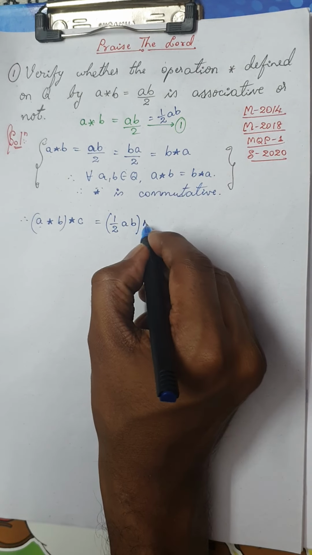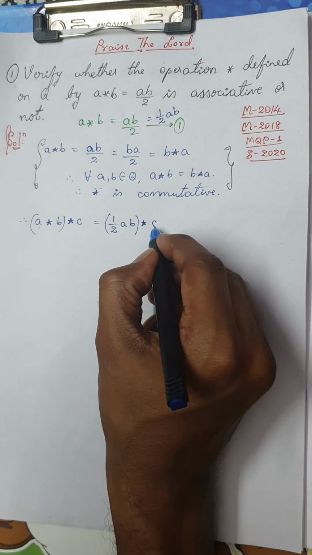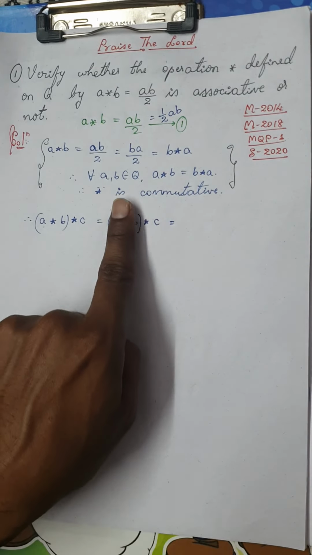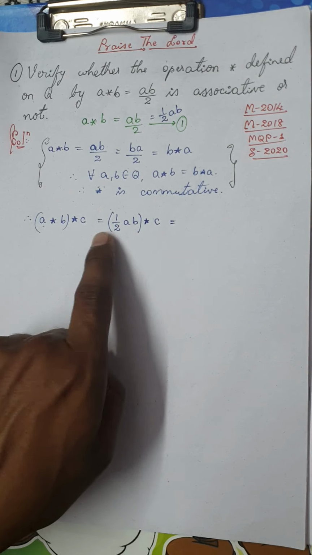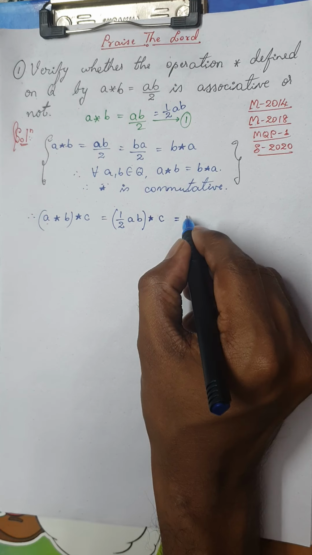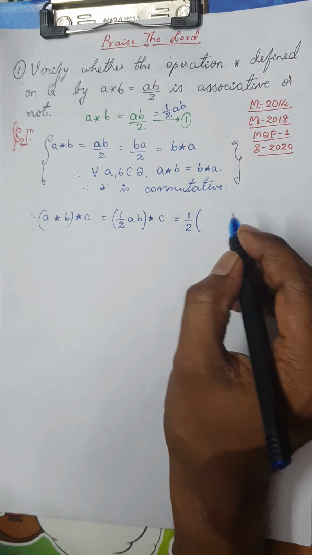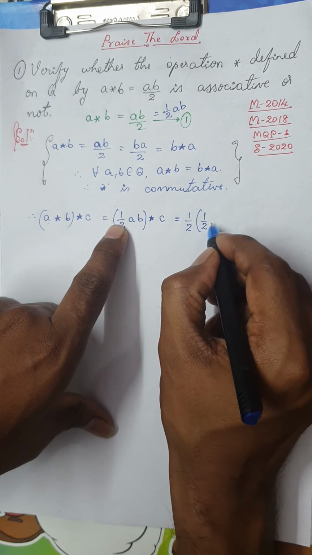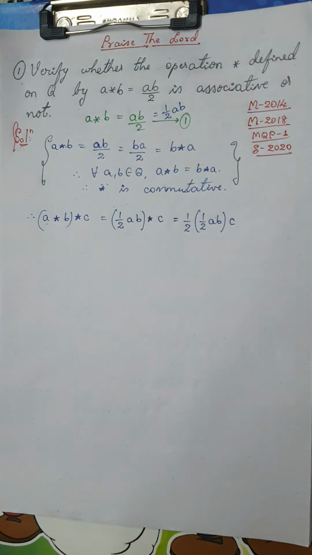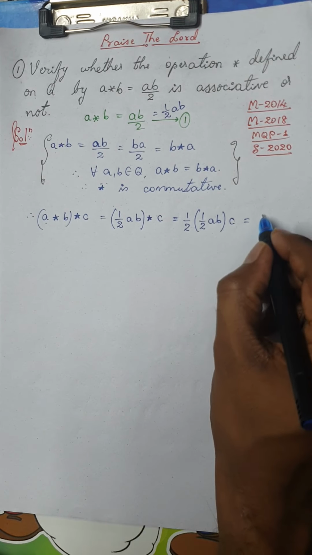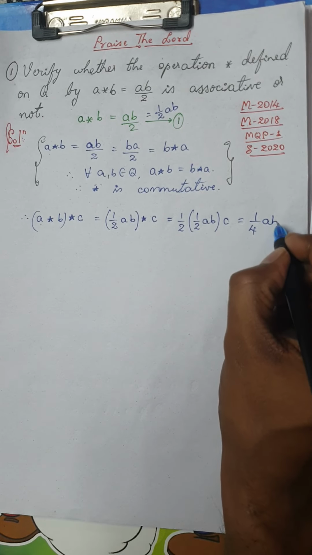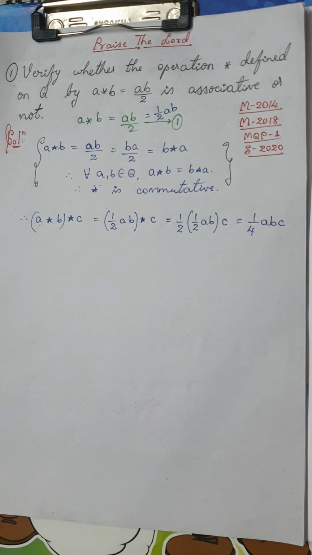Okay, star. There is another element. Are you following? Please don't get confused. Now this is like the first element and this is the second element. So how do you define the binary operation star from 2 elements? This is nothing but half into first element. So first element is half AB into second element. So it is C. Are you following? So this is nothing but half into half would be 1 by 4. A into B into C would be ABC. Is it clear? Very simple.